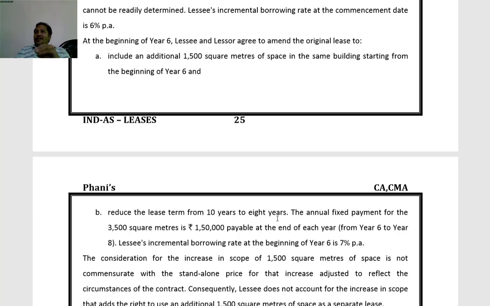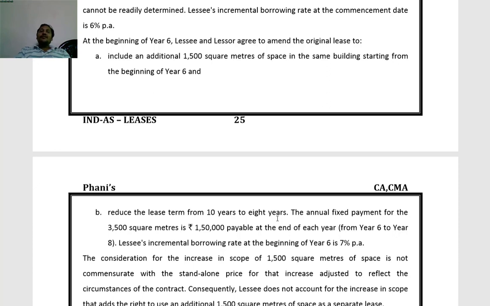Now the balance liability is for the remaining 5 years. For 3 years, what is the liability you calculate? Compare the difference. To that extent, you can decrease. Here, you cannot proportionately reduce the lease liability because the impact of time value of money will be there. With respect to the ROU asset, you can reduce proportionately because this is straight line depreciation. We need not worry. For every year, it will be the same. Out of 5 years, 2 years' portion you can exclude.